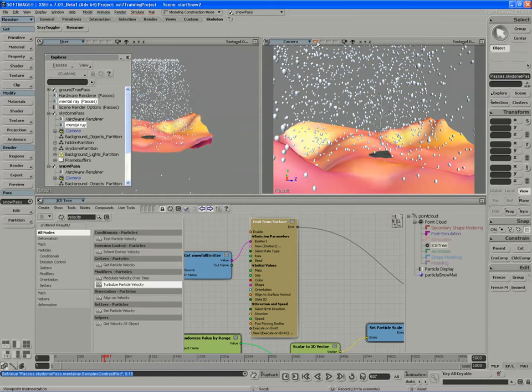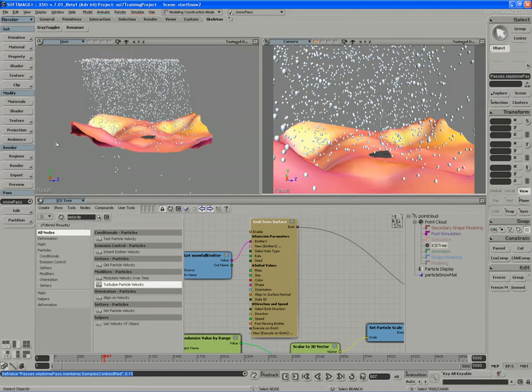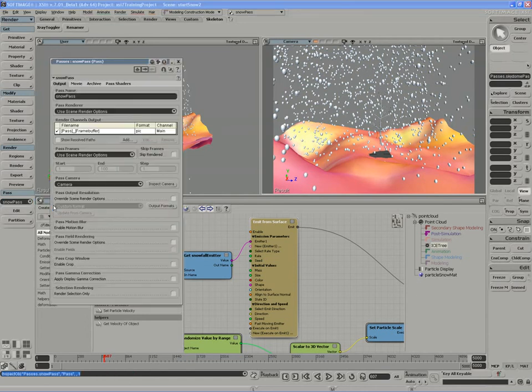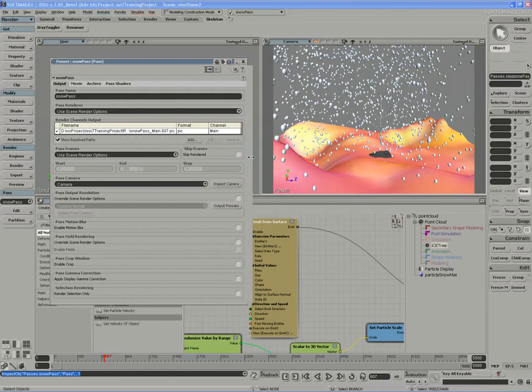Now this is a lockdown camera, so I'm better off in a few ways, in the sense that I can just render off a single still image of the background and of the sky dome, unless the sky is going to change. So to do that, on a per pass basis, I'm going to go to the snow pass and go to the pass options. First of all, make sure my snow pass is the name of my rendered pictures. If I show the resolved pass, we can see that it's going to be rendered as a pic file,